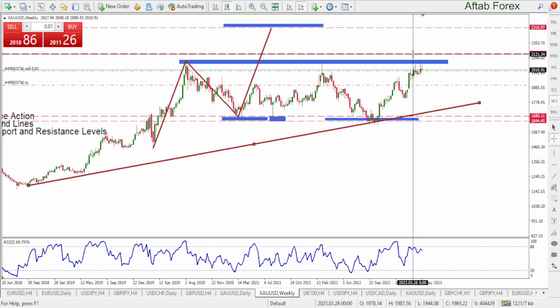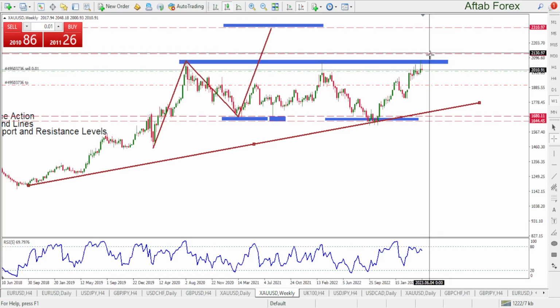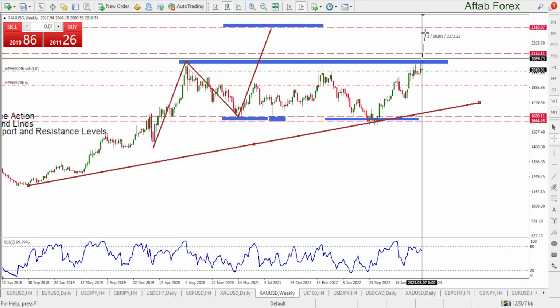If it reaches here and still it doesn't give me profit, obviously at that time it will be negative. So I may close this deal first, and I will not be taking a buy thinking, okay, the market is crashing up, let's buy, let's buy. No, my friends, I'm not going to do that at all. So what I'm going to do next is